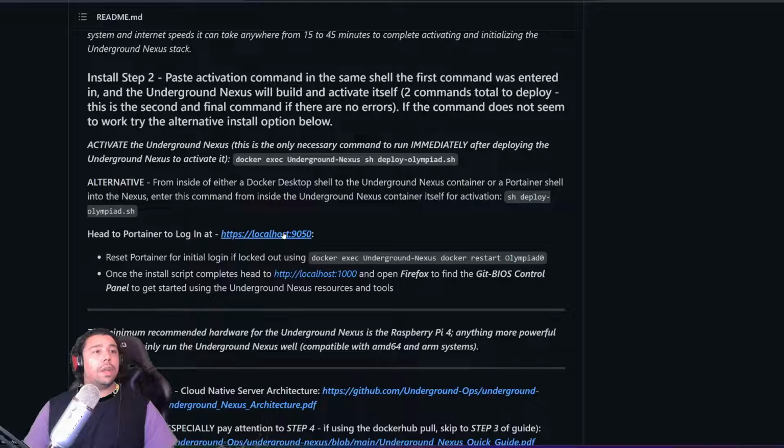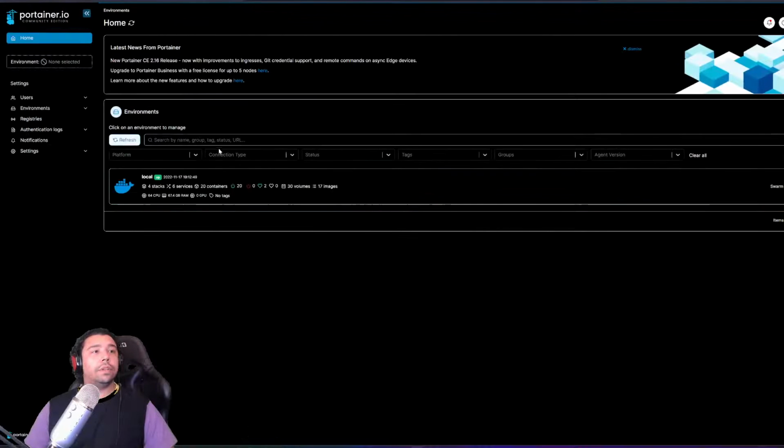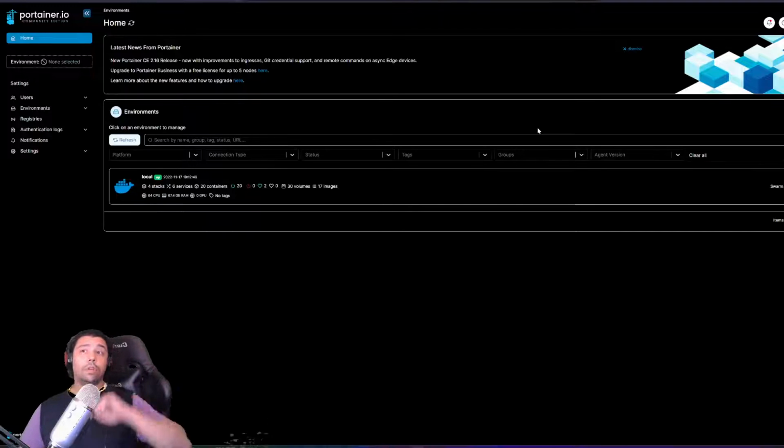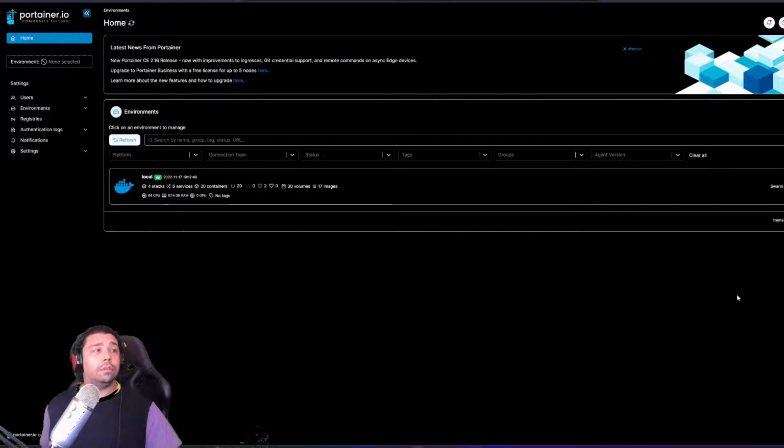So if I head to this URL, it's going to take us to Portainer, which your Portainer will probably not look like this right away. It will probably look like something else. So anyways, if I select this option here,